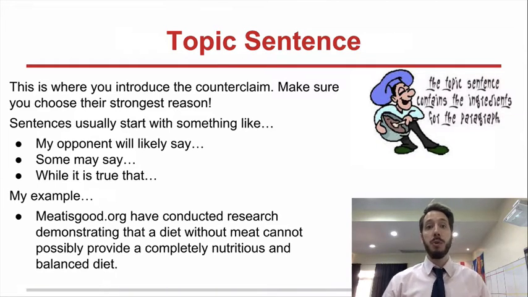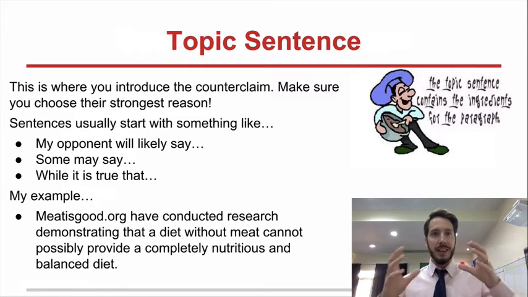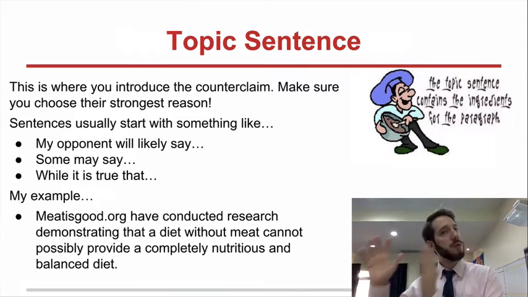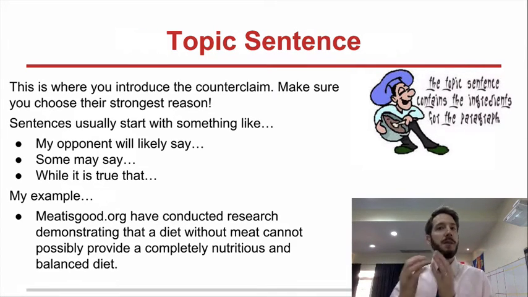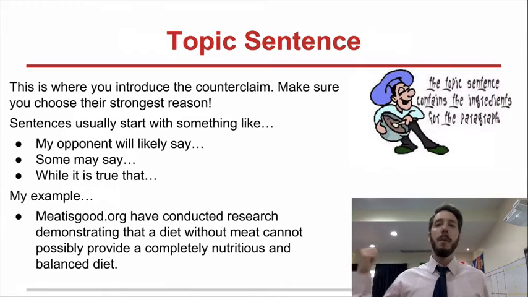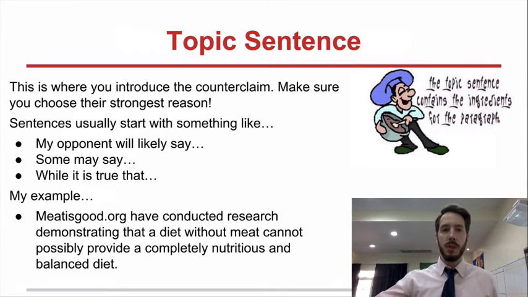That's how you should introduce counterclaims. So let's go through this structure. First thing is you always give your topic sentence. You introduce the counterclaim. Now you should pick the strongest reason from those alternate perspectives. If you pick a weak counterclaim, it's not going to lend to the credibility of the argument that you're making. Typically you want to start with sentences like, my opponents will say, some will say.